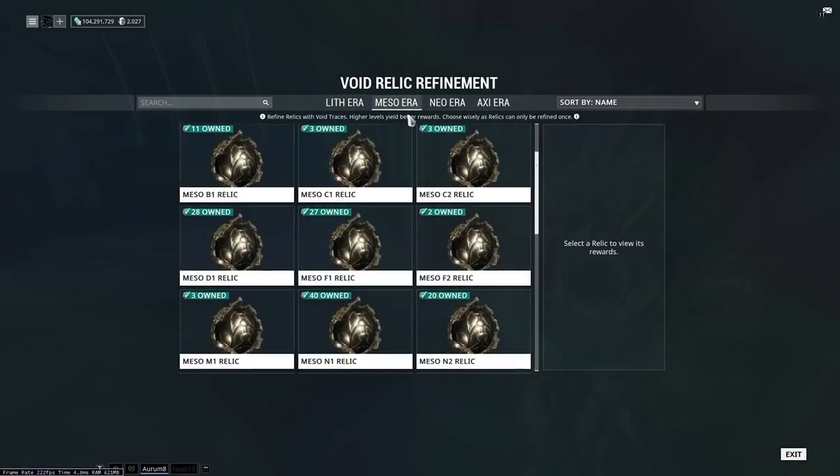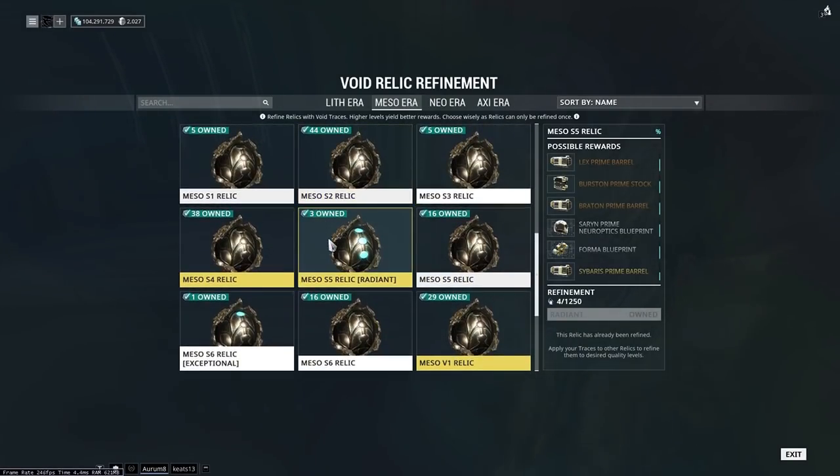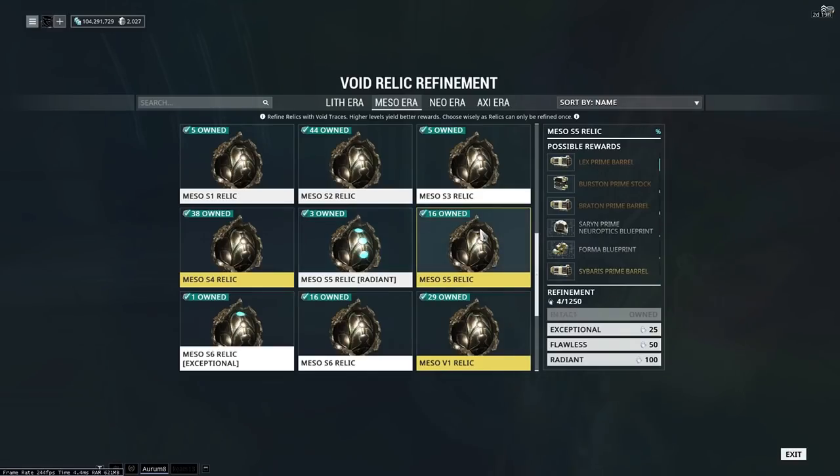But if we go to my Meso tab, we're bound to find a radiant relic. So a radiant relic, if we compare this S5, this is a radiant S5, and you can see that the Sybaris Prime bar has what seems to be a 50% drop chance. It's just the bar is halfway full, but if we click on the regular S5, it has a very low drop chance. So every time you play a Void Relic mission, you're going to get these Void Traces,